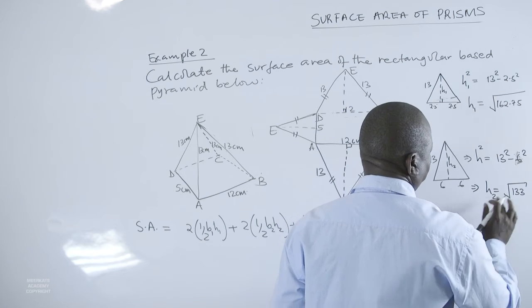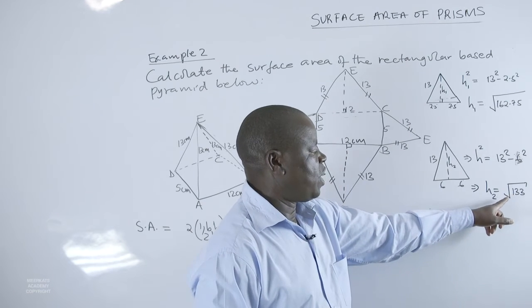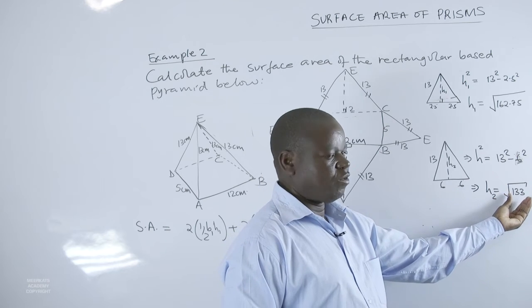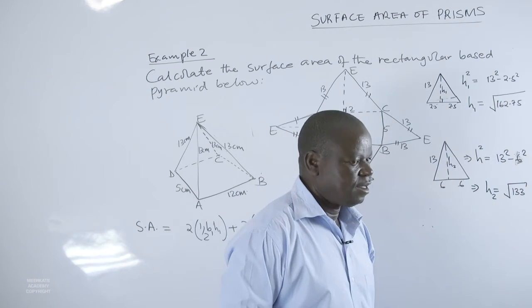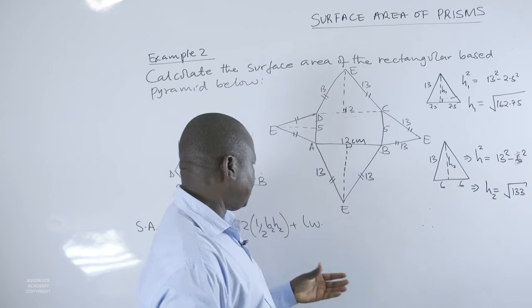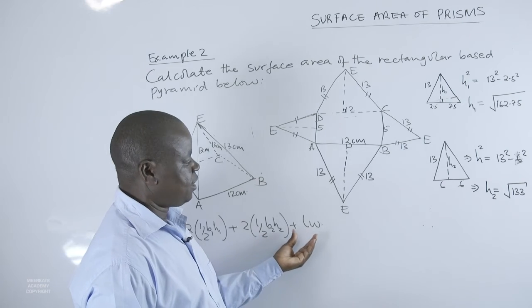H2 is the square root of 133, which we now can use our calculator to find the square root, and then we come and substitute in our